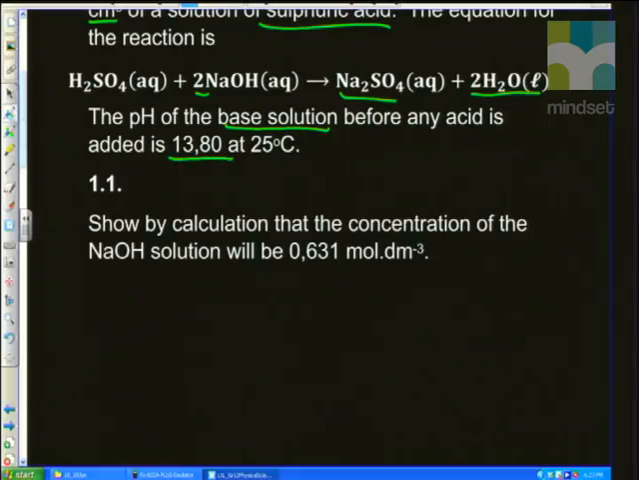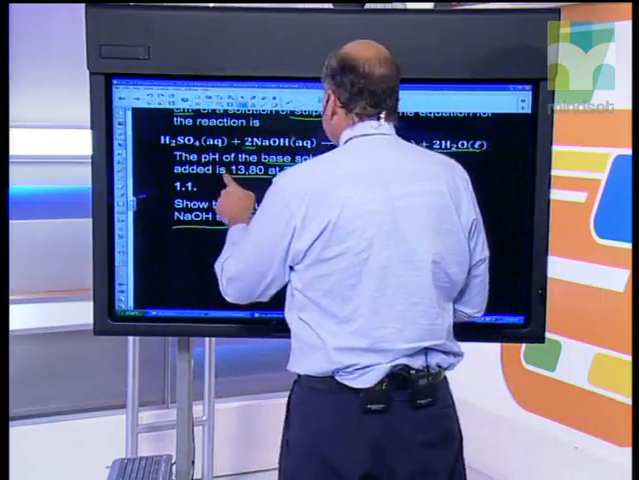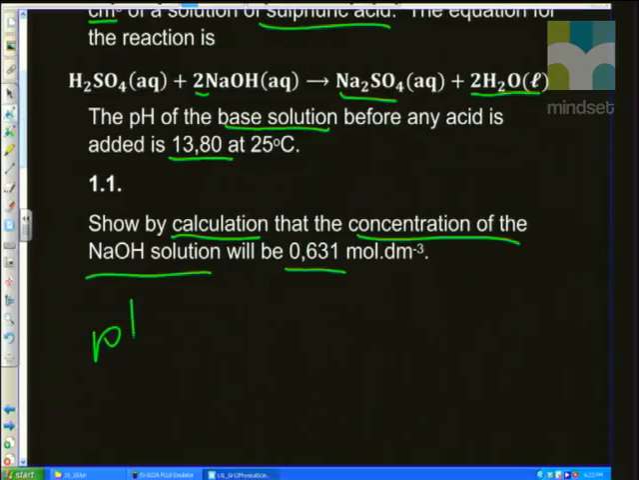The question part 1 says, show by calculation that the concentration of the sodium hydroxide solution will be 0,631 mole per decimeter cube. Wow, guys, that's quite an involved calculation, but it's not too difficult as long as you remember the information that you've been given. Now, we had just defined what pH is, and we're going to need to use it here. Remember what it says? The pH is 13,